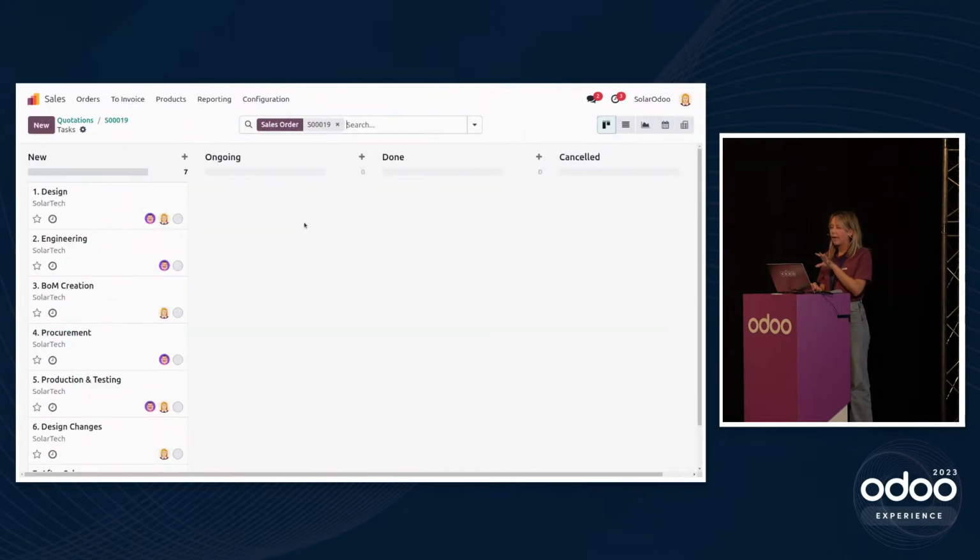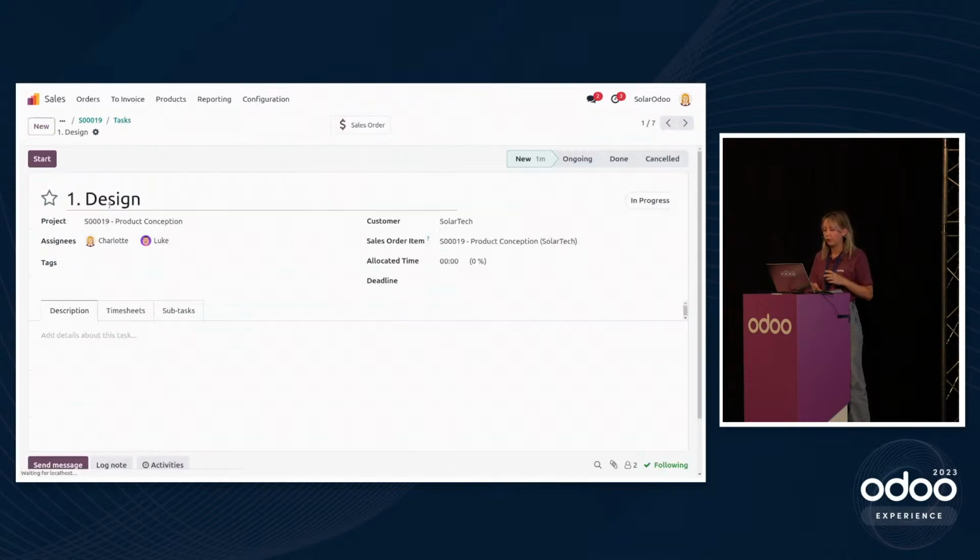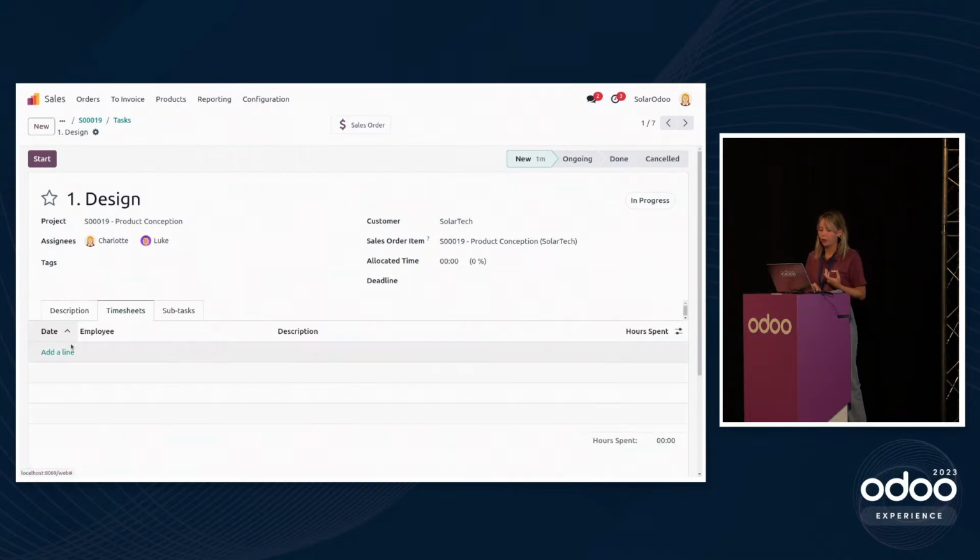So here I have already a setup of different stages and different tasks. Obviously, we can have way more different stages, tasks, and subtypes, but let's stay simple here. So I'm going to start working on my first phase, which is the design of the prototype. So I see that I am assigned with my colleague Luke, and I will start working on it,